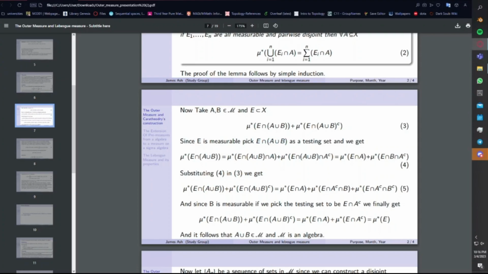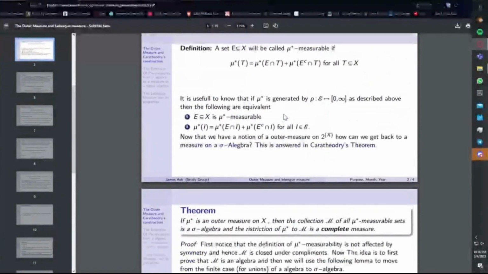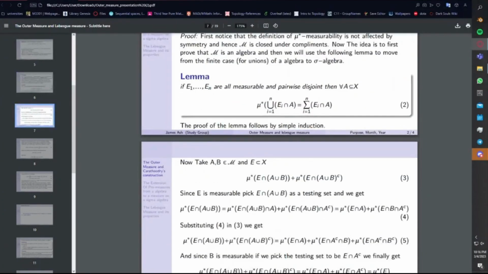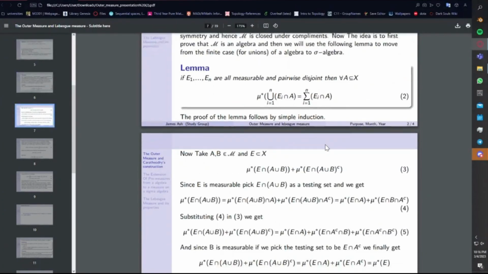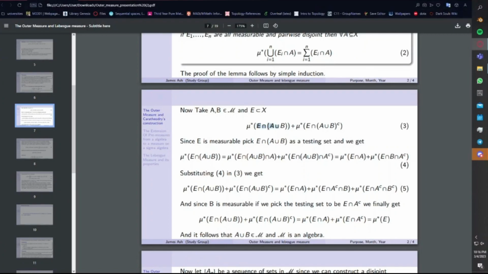A is measurable. Sorry, again, problem. A is measurable. And if we pick this to be the testing set, this is usually a pretty useful property: if you choose your testing set properly, you can do a bunch of tricks in proving certain stuff. So instead, we take this whole thing to be our testing set, and because A is measurable,